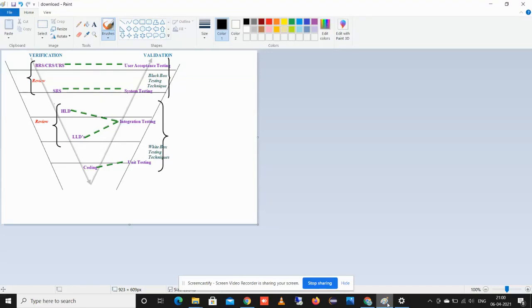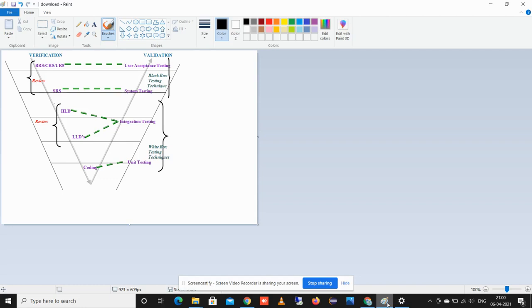Hello everyone. In this session, we are going to discuss the verification and validation model. Before moving to the brief description, I just want to describe why we are going to use the V model. Before the V model, we were using the waterfall model, but the major drawback in the waterfall model is that we move to the next stage only when the previous one is finished. There was no chance to go back if something was found wrong in later stages.